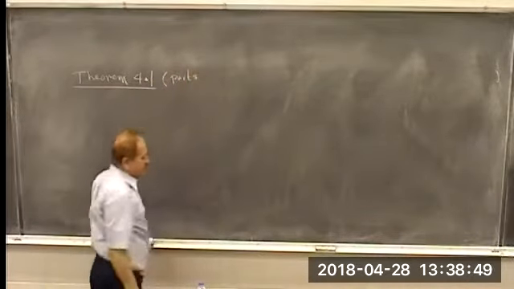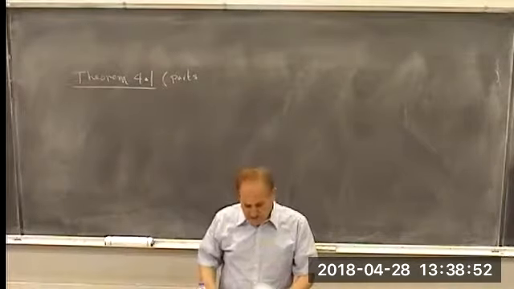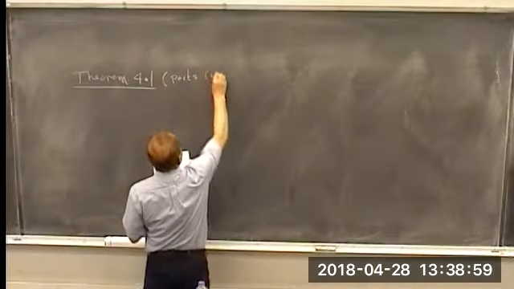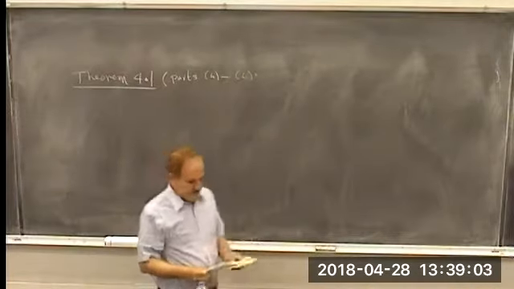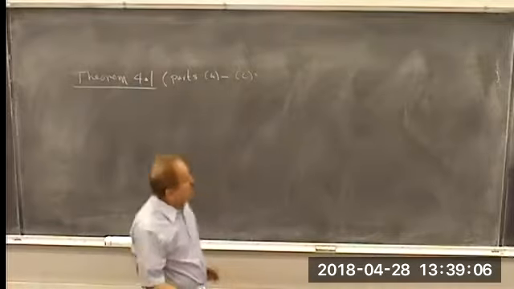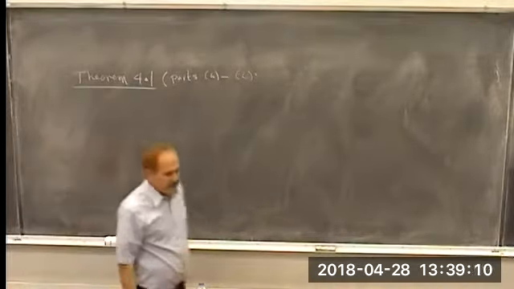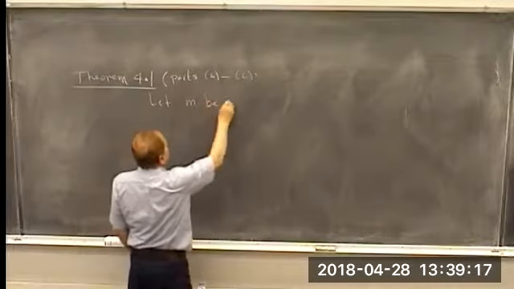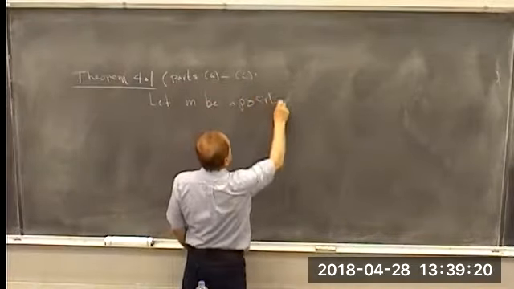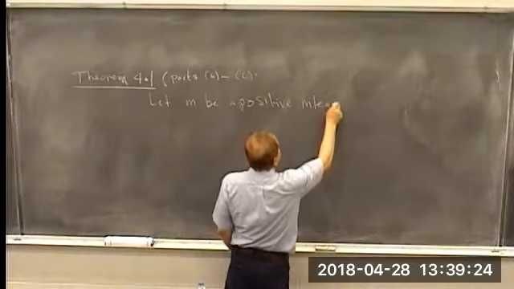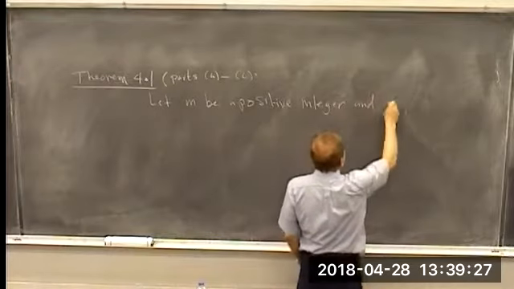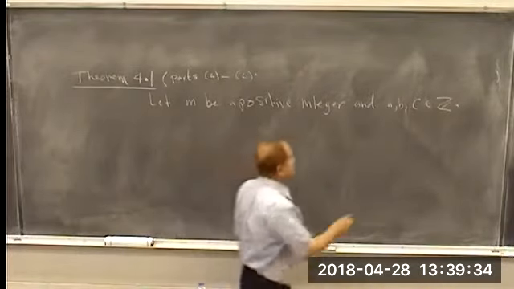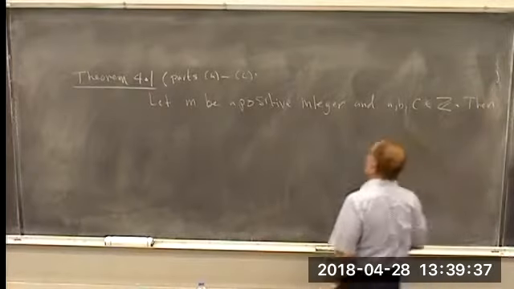I want to separate them because they convey certain properties of the congruence, from A to C. This is what it reads: let M be a positive integer and A, B, C be any integers. Then first thing